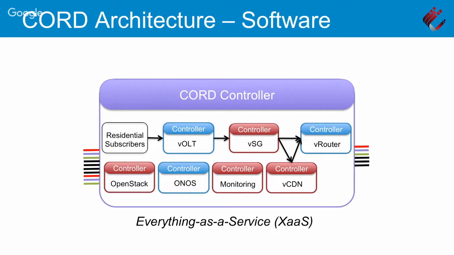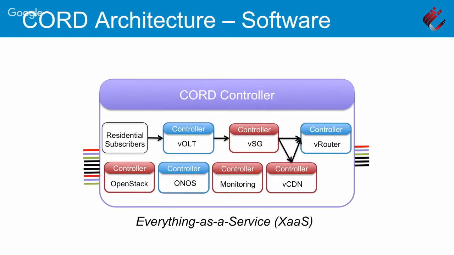We're not just applying it to individual services, we're applying it to CORD as a whole. So CORD as a whole has a controller. And you'll see a little color coding here that I'm going to try to stick to, which is if it's red, it probably ran in the data plane in a virtual machine or container. If it was blue, it was running in the control plane on ONOS. And if it's purple, that's the blending of blue and red. That is the unifying aspect of a service.